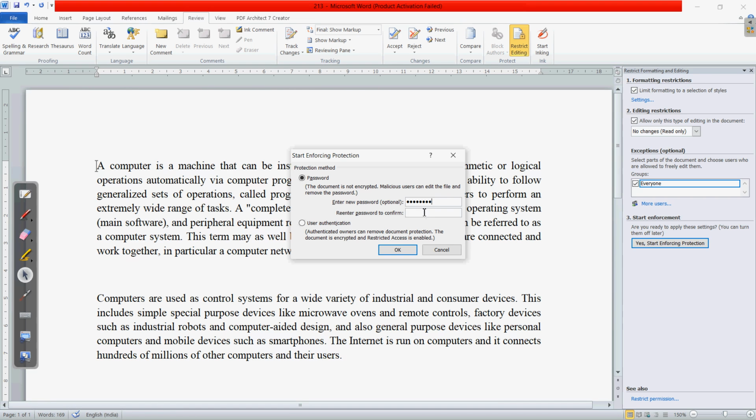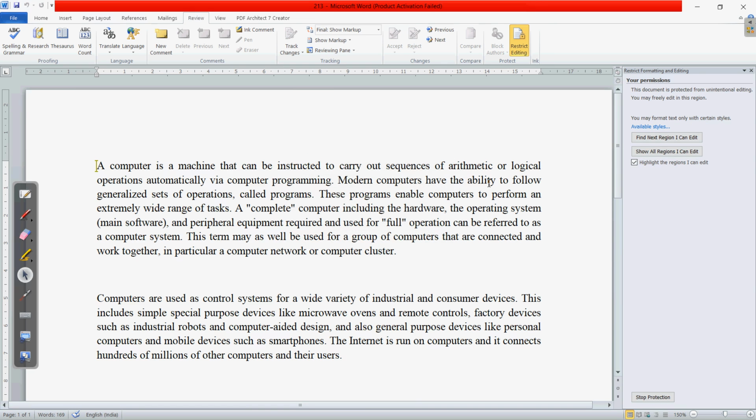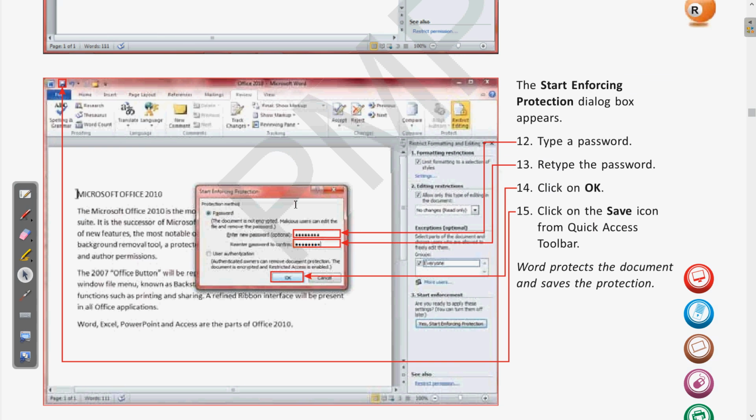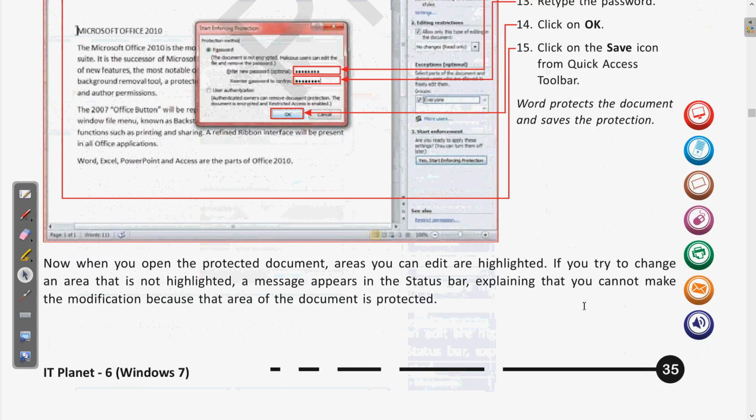But whenever you are making these settings, ensure that you remember them, or otherwise you will forget it yourself. After writing this, when you click on the OK button, it will be applied. Clear? Then after this you have to save, so that all these settings are saved. So here we have applied it and saved the password.